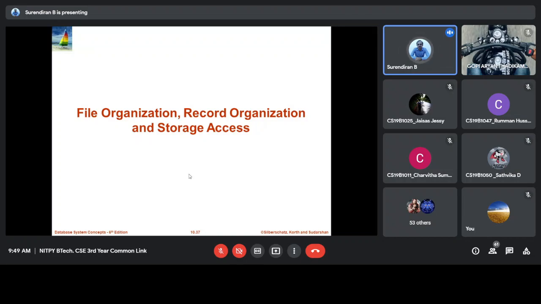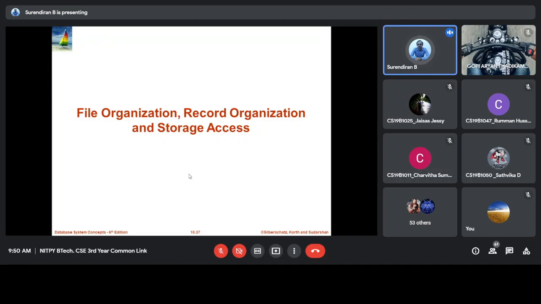All this information has to be stored in a file. So database information will be stored as a file in the system. So how to store the data in the file? How the records have to be stored, in which format, how to organize the records, and how insertion and deletion are done.